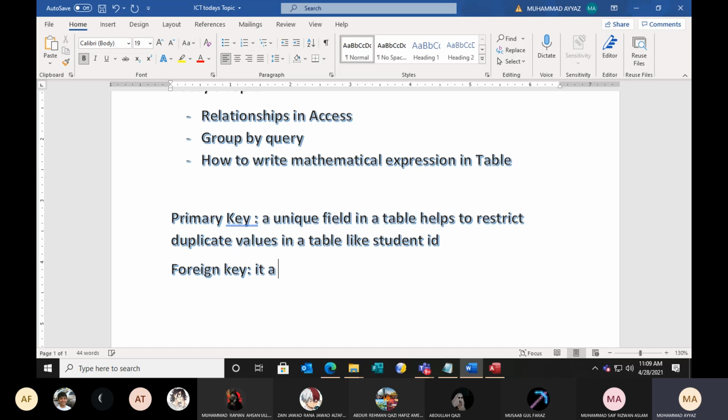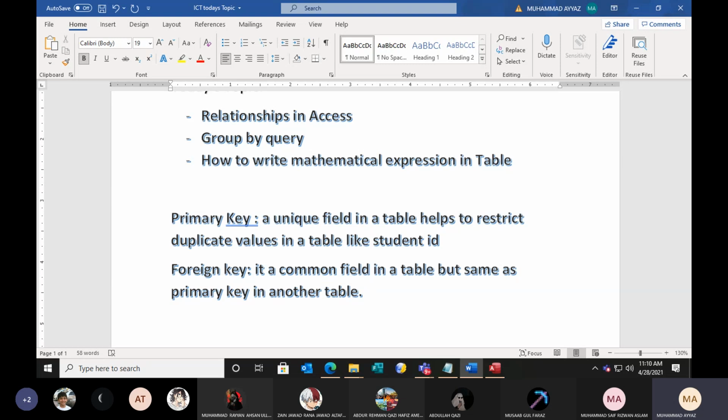A foreign key is a common field in one table, but the same as the primary key in another table. That is known as a foreign key.